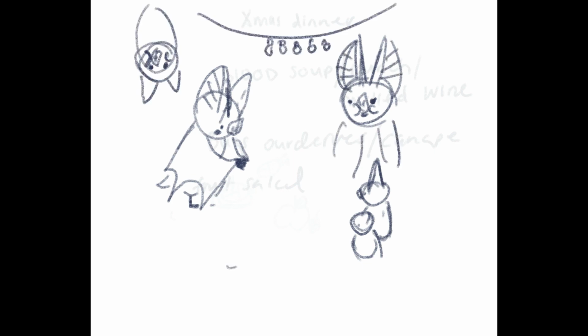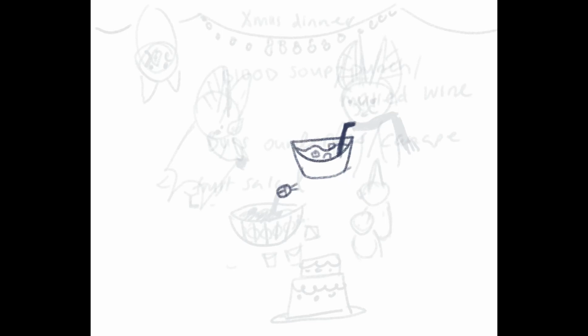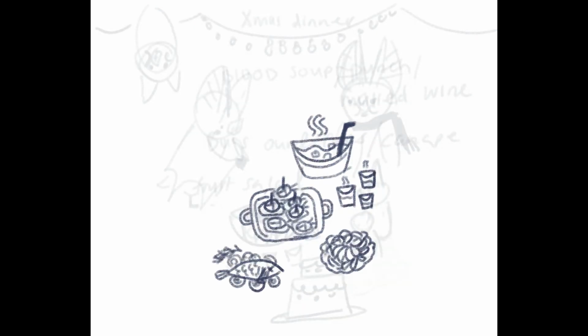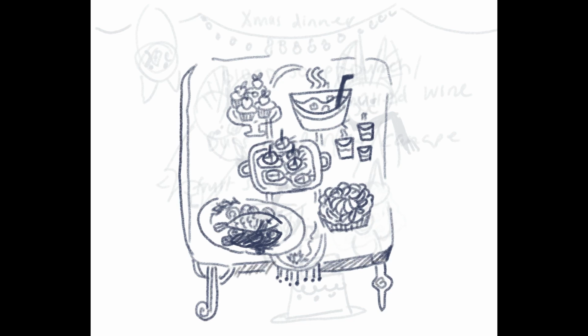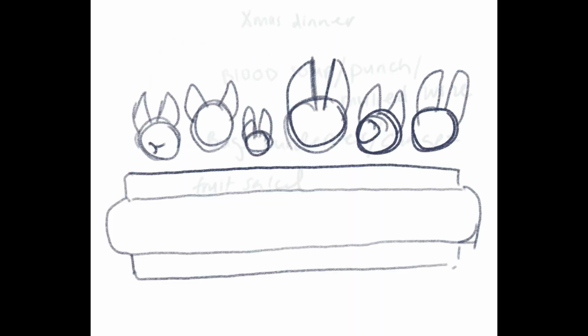I knew from the beginning that I wanted to do a bat holiday dinner illustration, and I specifically was looking at all the different types of food that actual bat species eat in real life. So I had bugs, fruit, blood, and fish, and I was trying to find a way to make them look like party foods and make that the hero of the image, but I honestly just wasn't really feeling like illustrating